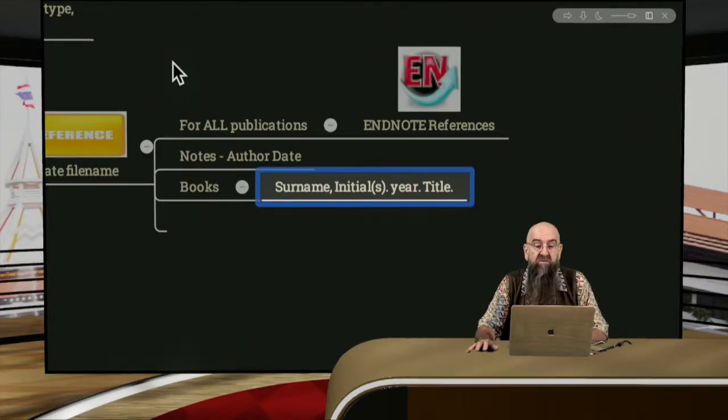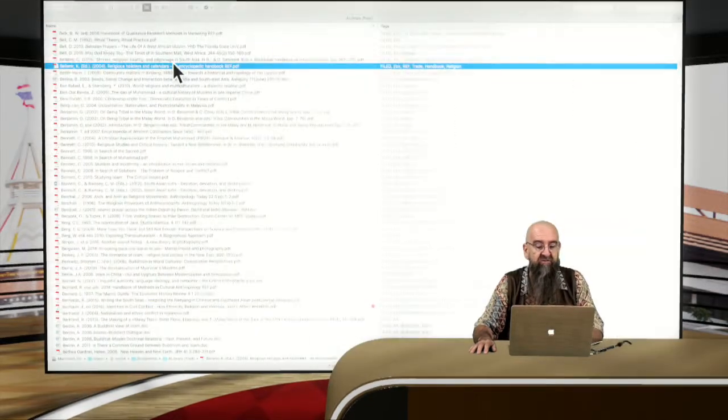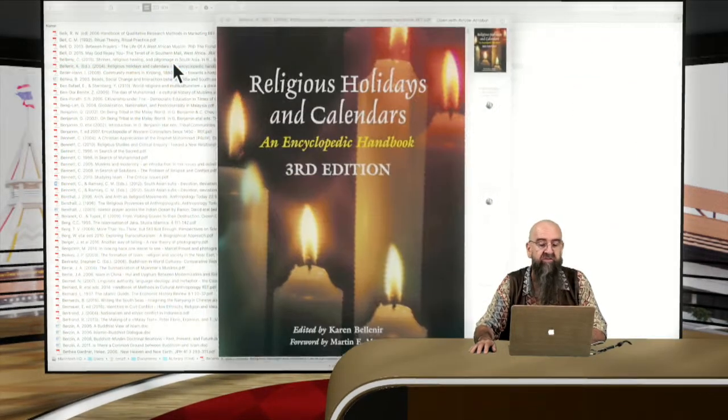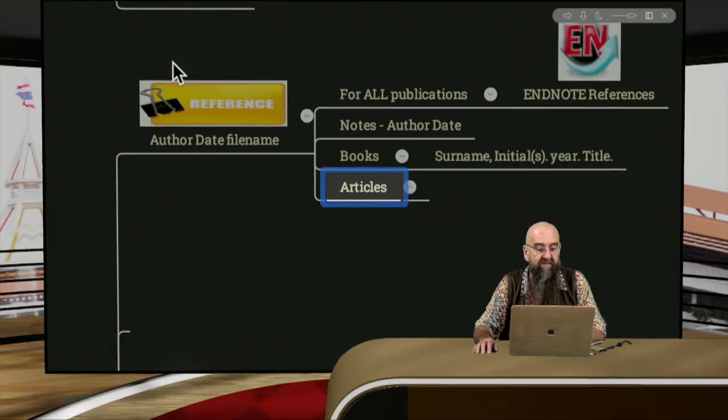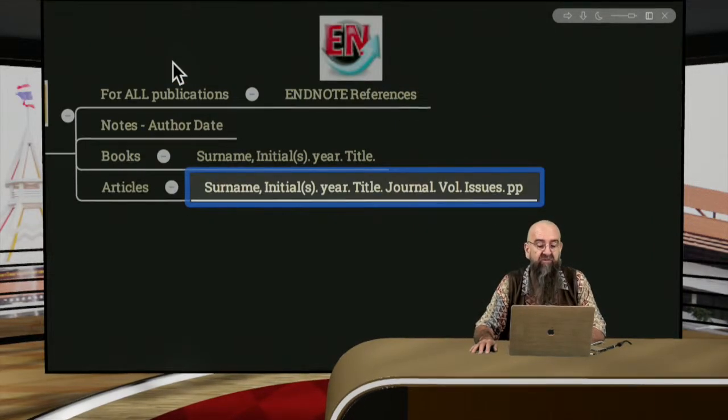So for books, that is a system that I use. I have surname, initial, year, and title. And so here is an example. This is a book, and here is an example. Going back, for articles, I have the surname, the initial, the year, the title, the journal, and I have the volume and issue and page numbers after that. Very simple. And if it's a long title, cut half of it. Don't worry about that too much. But this is the easiest way for us to make sure that we will find our data as easily as